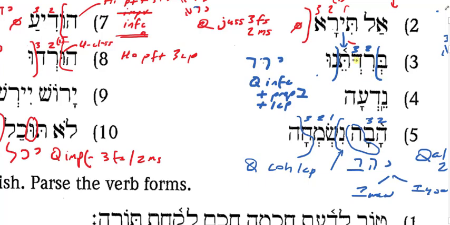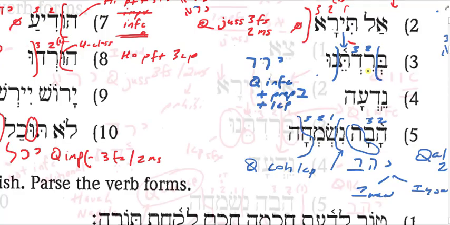Okay? So the act of yarading, which means to go down, with a bet, in the act of going down. In whose act of going down? In our act of going down. And if the bet is temporal, it would be when we went down or go down. We don't have any time context here, so it could be present or future or past, okay?